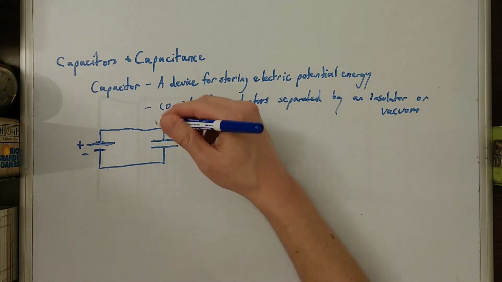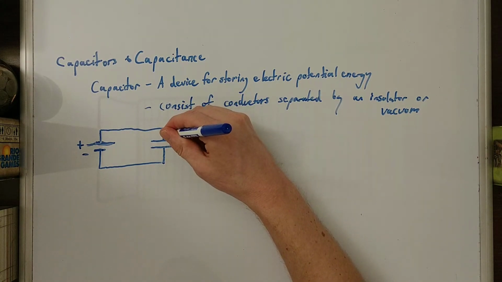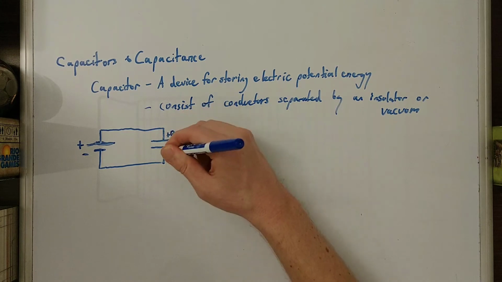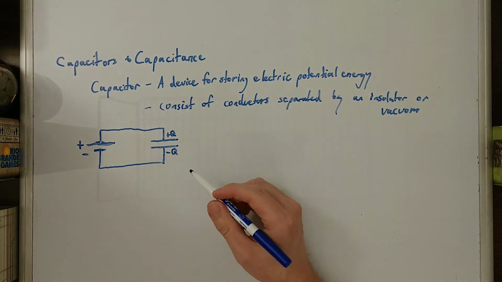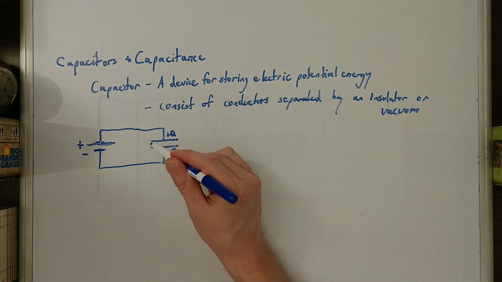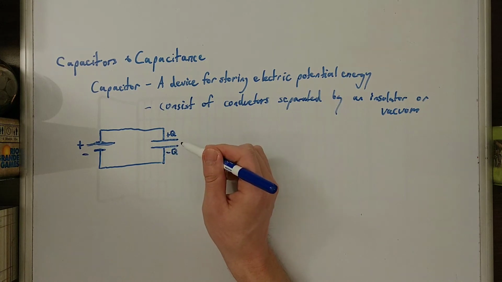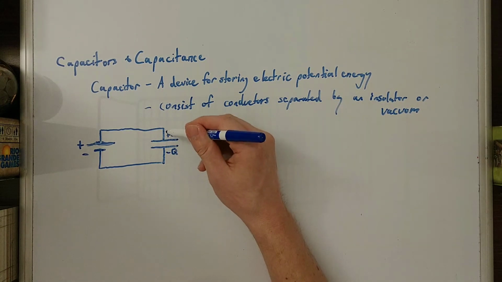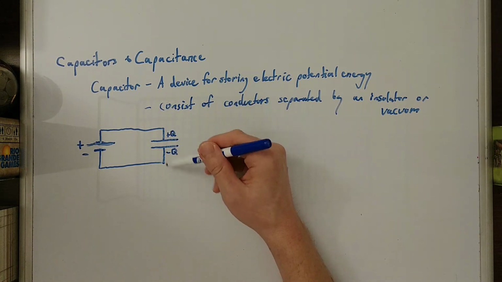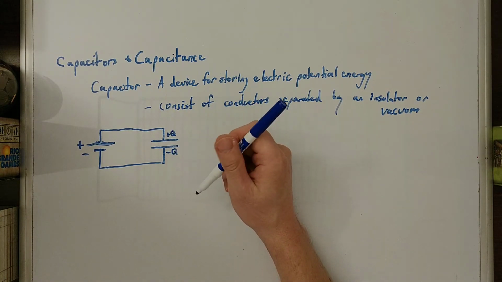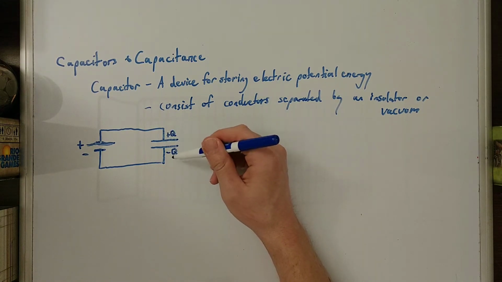So basically, going back to this particular circuit though, we're going to accumulate some positive charge plus Q on one side, and we'll accumulate some negative charge minus Q on the other side. And the idea is, if you've put an insulator here, something where charge can't flow, or like a vacuum, then the charges can't go from one to another, and you're going to keep some charges up here, some charges down here. That keeps a nice electric potential energy, or electric potential difference,